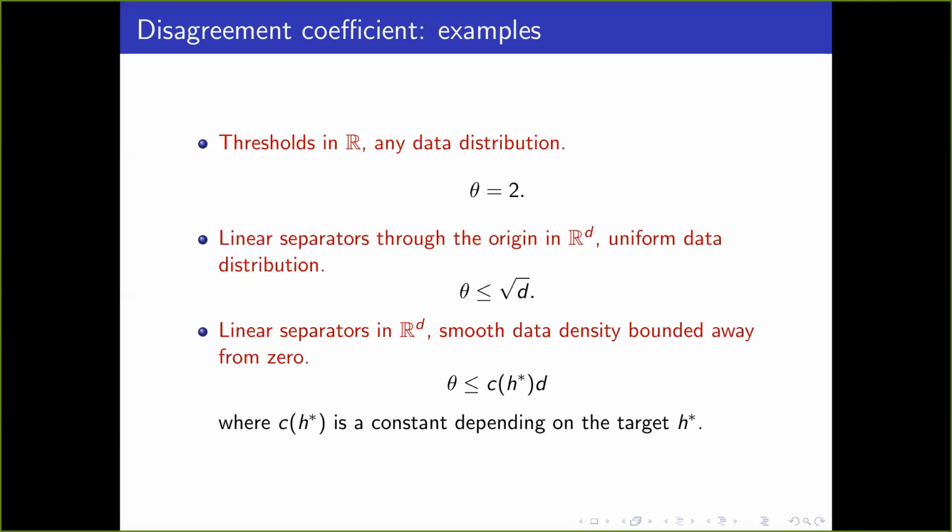So you can talk about more complex things. There are various special cases where people have proved disagreement coefficients. I think in practice, you may not even know it for any individual problem that you're trying to apply active learning to, because your hypothesis space will not be one of these idealized hypothesis spaces. But nevertheless, the concept is useful because it gives you a way to think about how to improve on supervised learning.